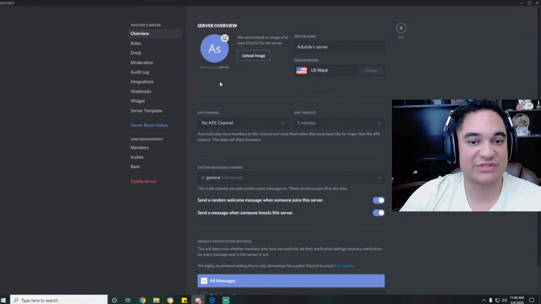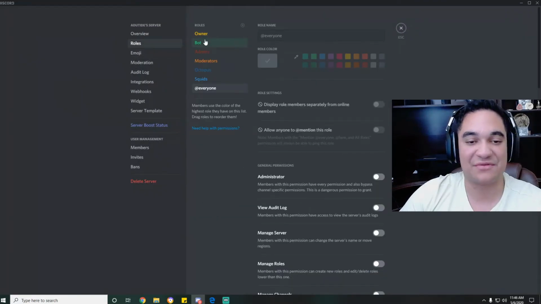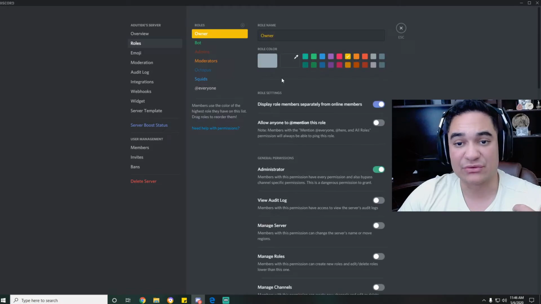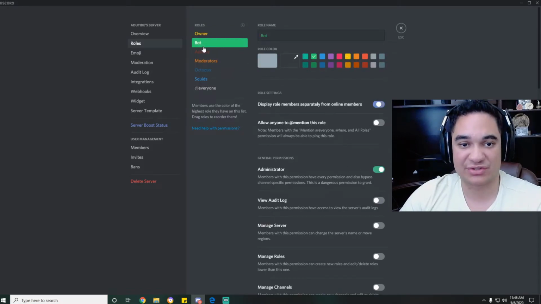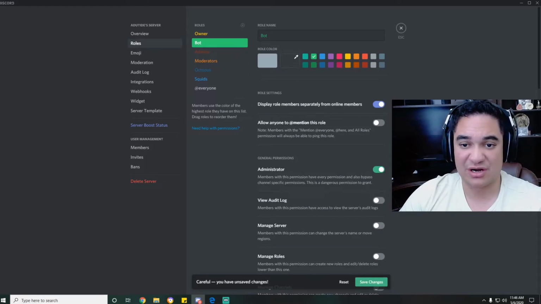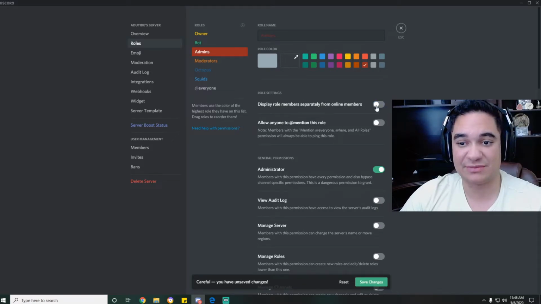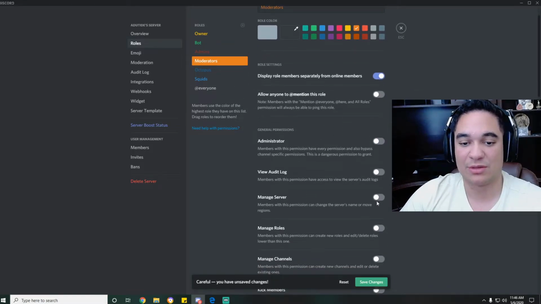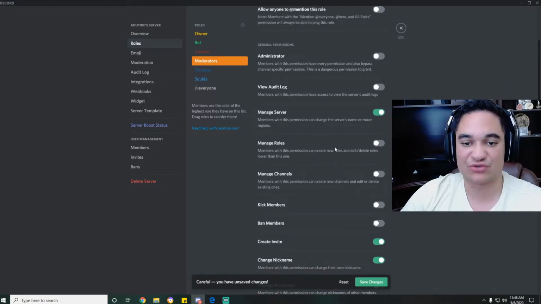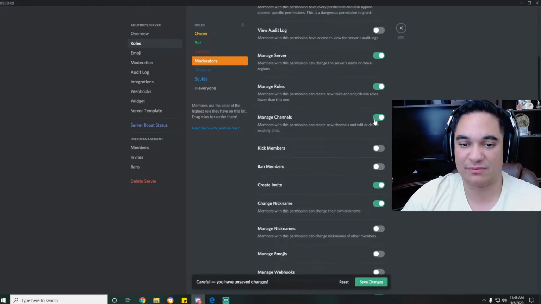You're going to go to server settings, and then you want to edit everybody's permissions. So the owner is obviously going to have administration permissions, the bots admin permissions, but you want to display the actual members separately. The admins, same thing: make sure you display the roles separately. And the moderators, display the roles separately, but you want to provide specific roles like manage servers, manage roles. This can be debatable. It's based on your personal perspective. Kick members, ban members,